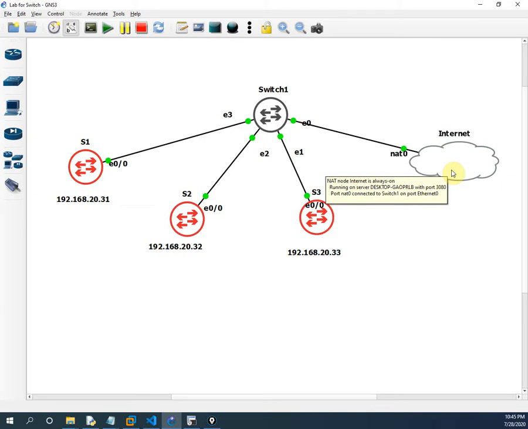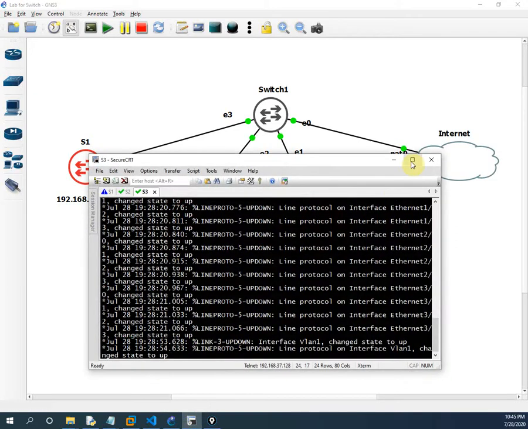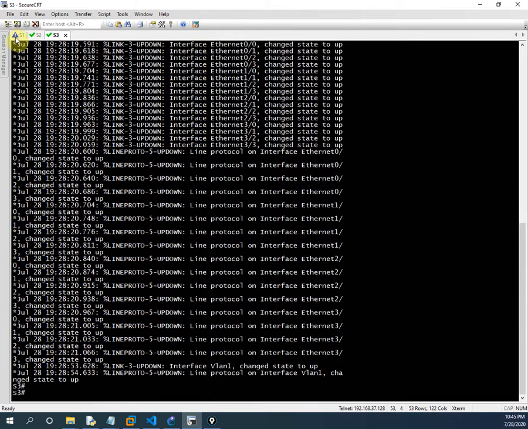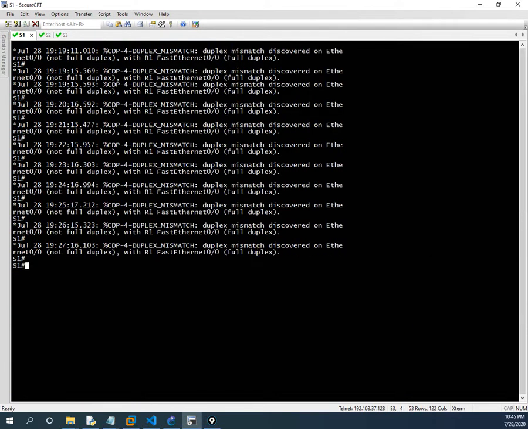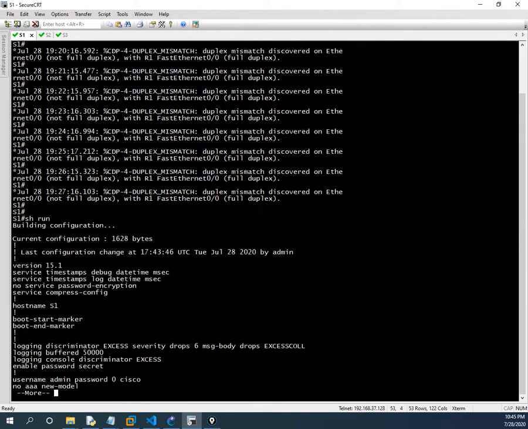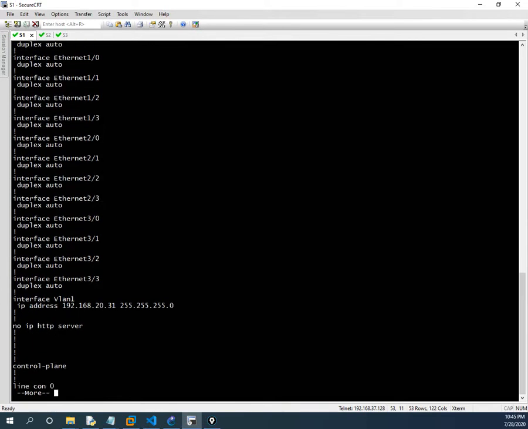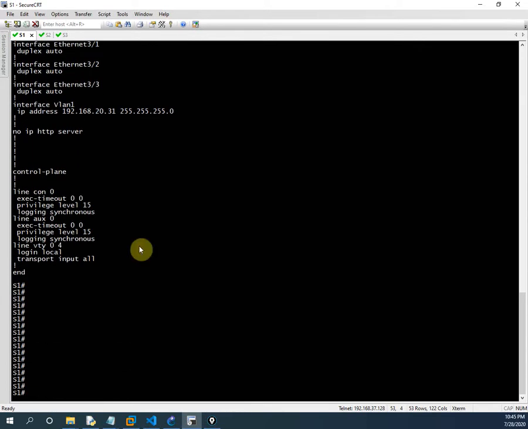Now in this video, we are going to take the backup of our switches. Generally, for switch 1, we write show run and press enter again and again until we have everything. This is a simple switch, so we don't have much configuration. But in your organization, you have many VLANs and many things configured on your switch.